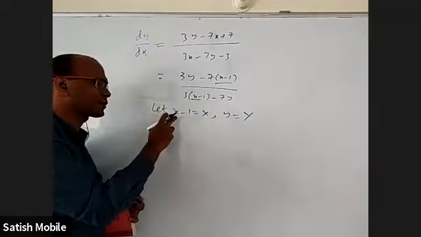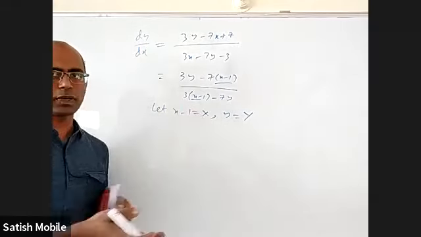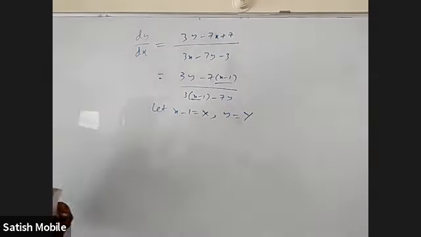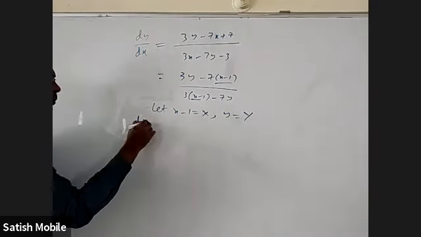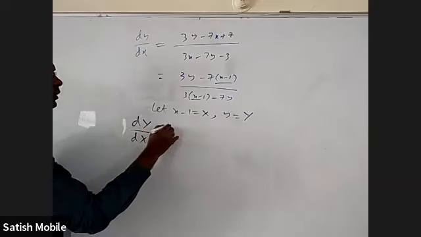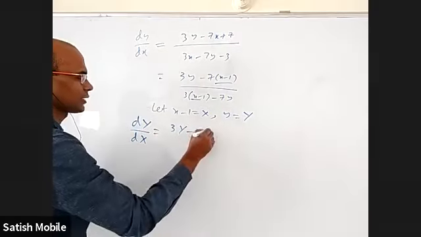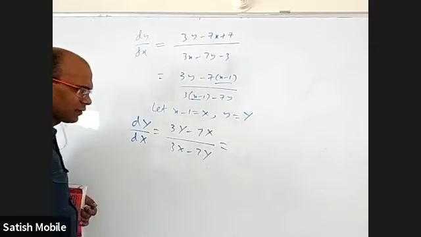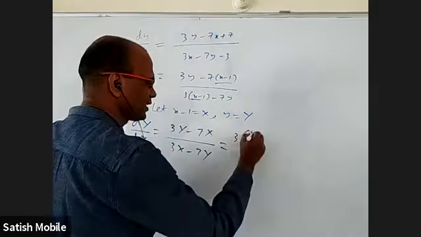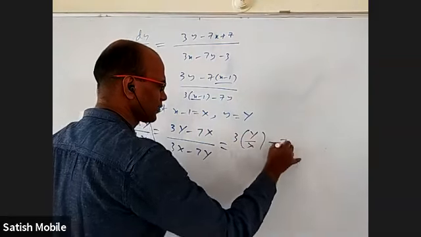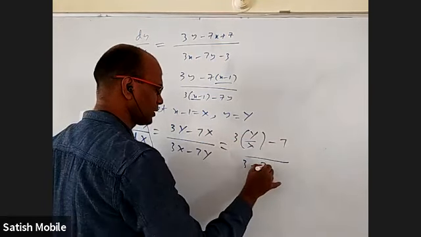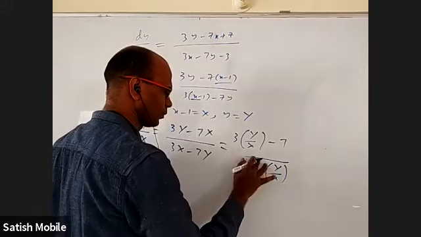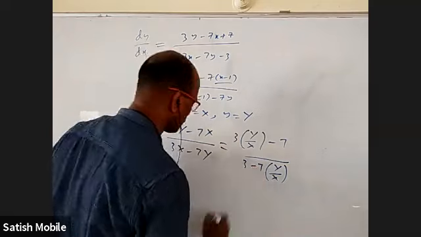Normally we take x plus h as capital X, y plus k as capital Y, and then try to find what h and k are where the new constant will be 0. Now I don't have to worry about it. dY/dX = (3Y − 7X)/(3X − 7Y). Divided by X all over, we get (3Y/X − 7)/(3 − 7Y/X).